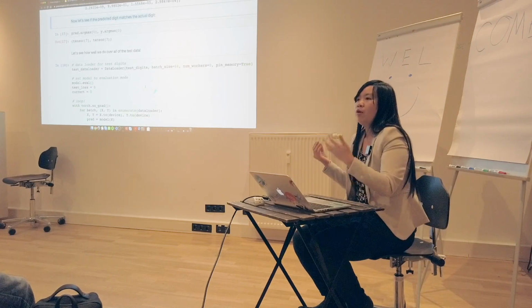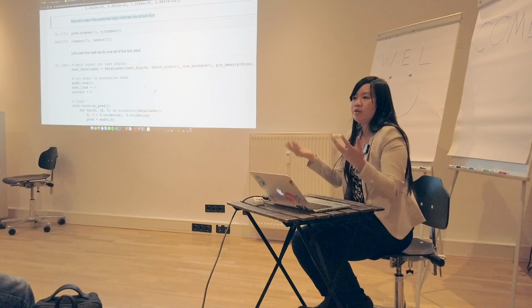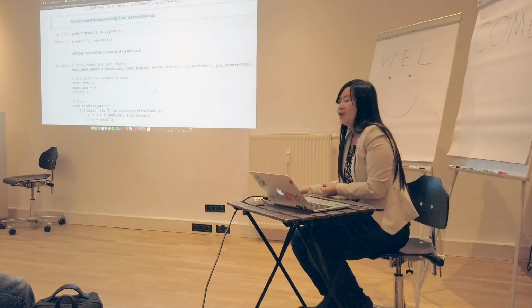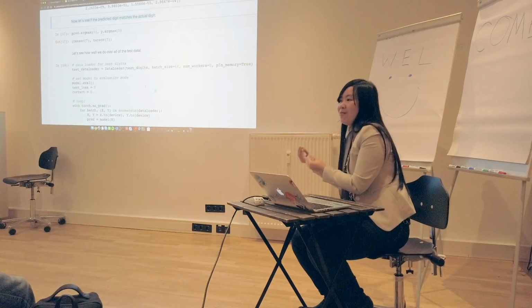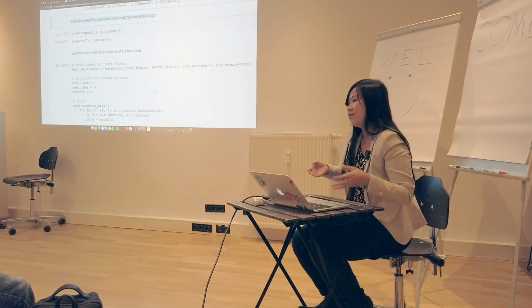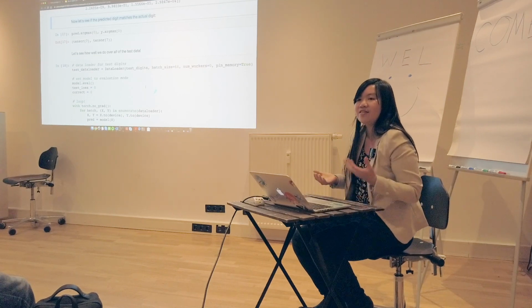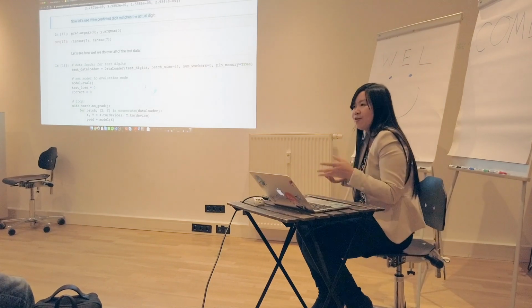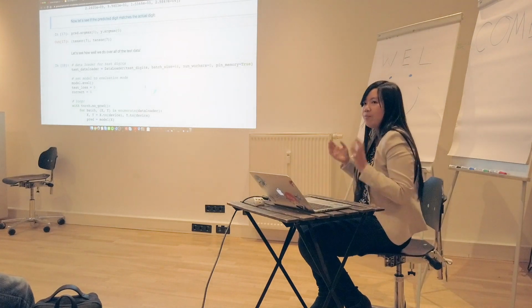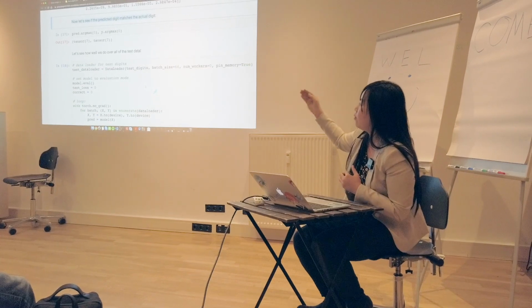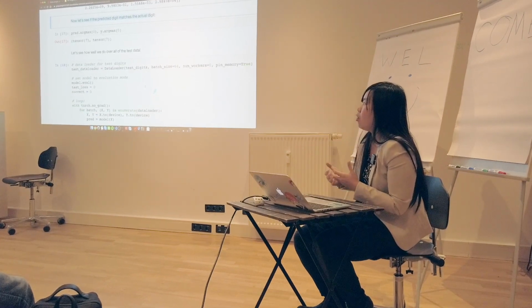For example, when we go to school, we study some chapters in the textbooks. Then the teacher gives you a test, an exam, showing you some examples that you haven't studied in the textbooks. So that's how teachers test us: have we learned this chapter yet? That's also how we test the model: have you learned this data yet? So we put some unseen data points to our model, and then we want to compare how our model behaves